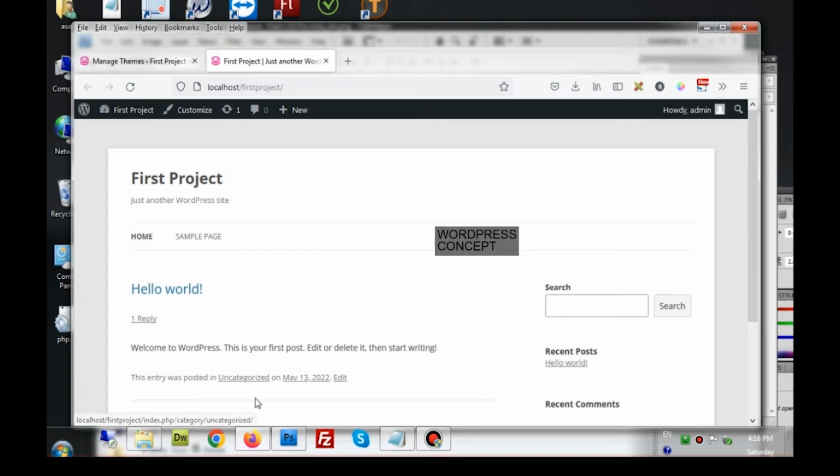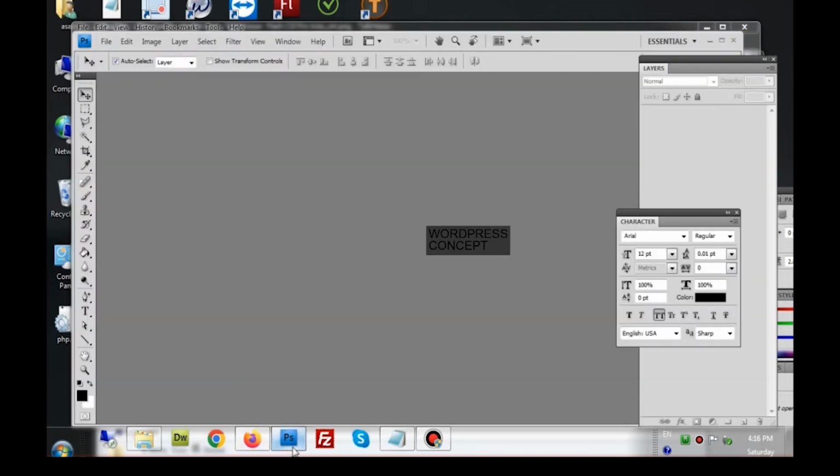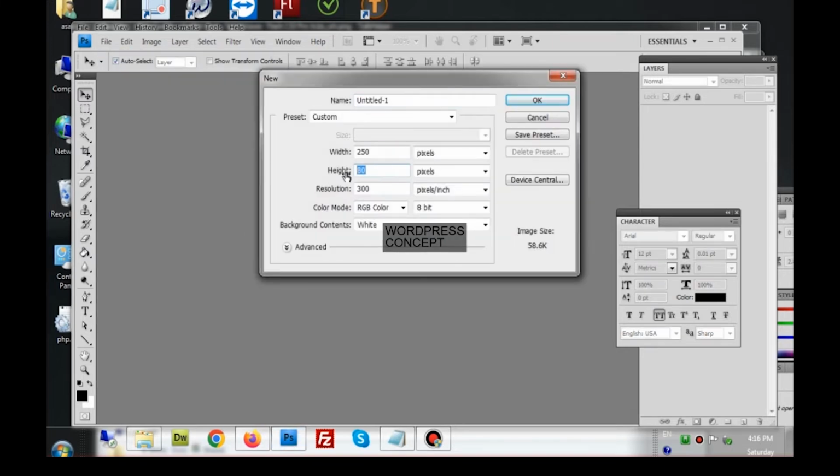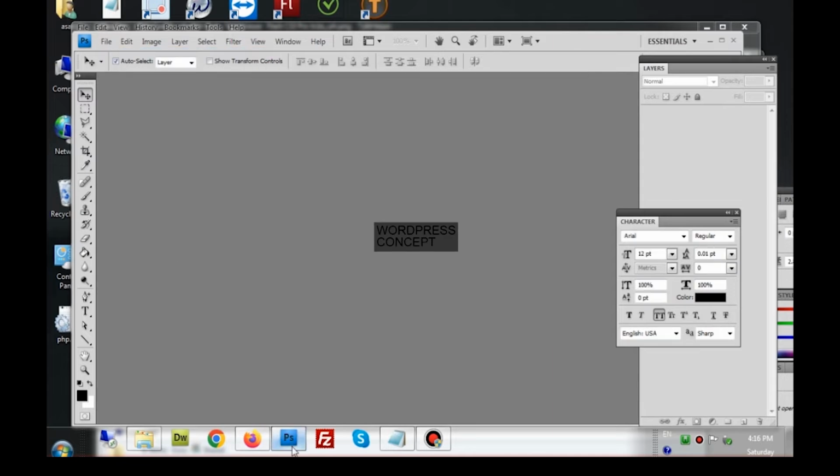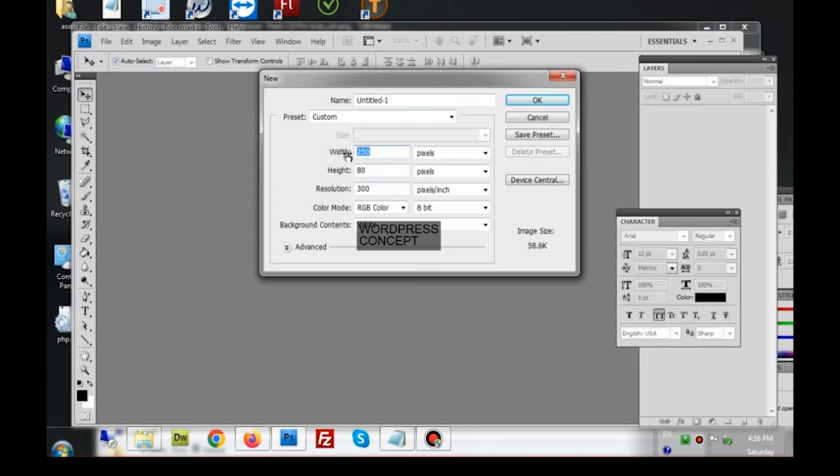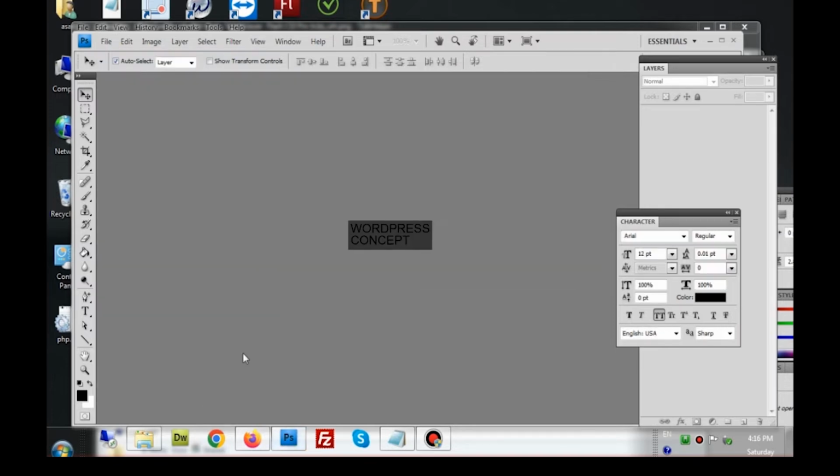To make a logo, what I use is this one. This is called Photoshop, and I have the CS3 version of Photoshop. Not a very advanced Photoshop is required to make a logo, so I'm using a very basic Photoshop version to make a logo.